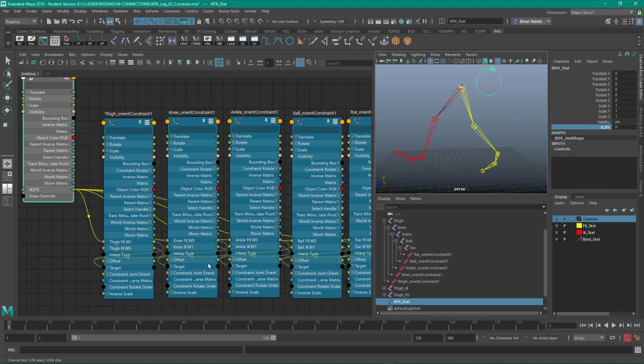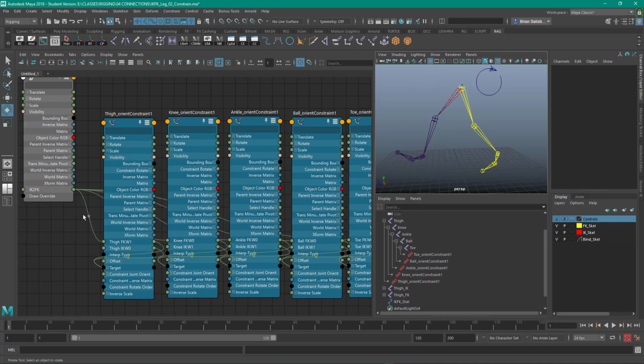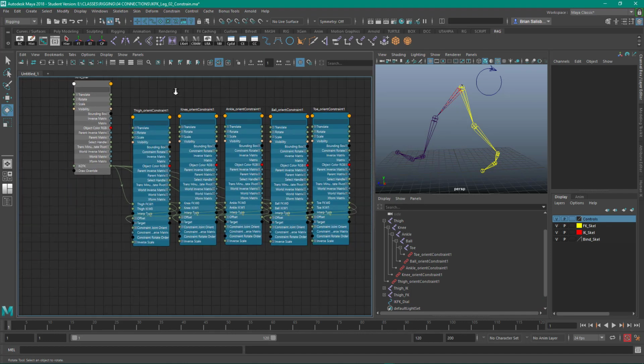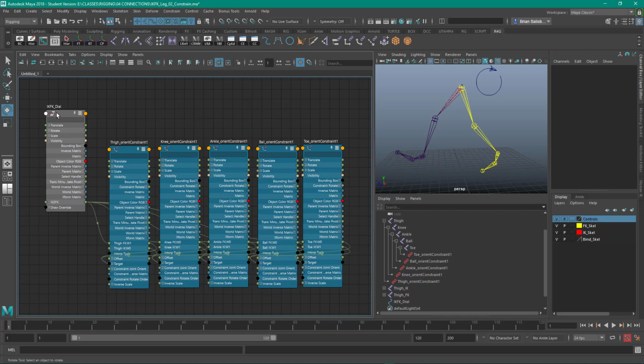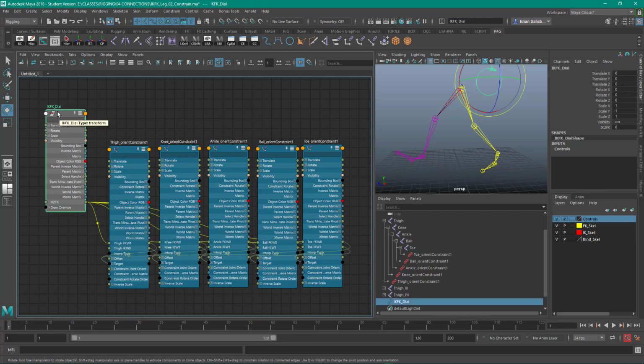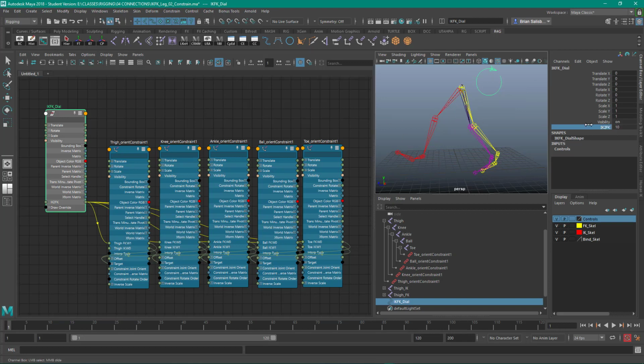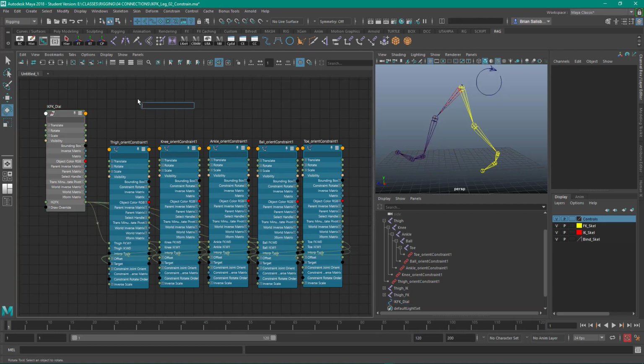If we set it all the way to 0, then it's going to be affecting the IK. But we don't have anything plugged in for 0 yet. Okay, so what we're going to do is add... so we have two problems here. First off, the IK to FK is mapped at 0 to 10. Our weights are looking for a 0 to 1 value. So what we're going to do, hit tab, and we're going to get the remap value